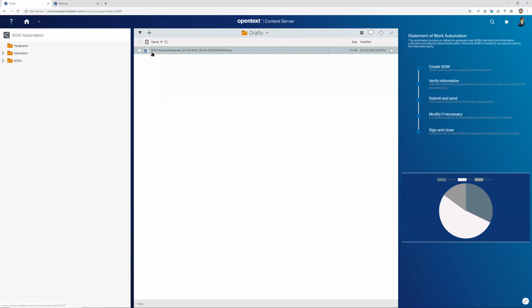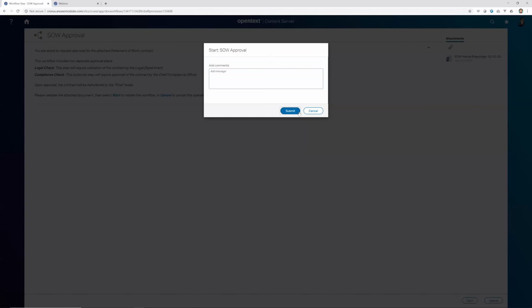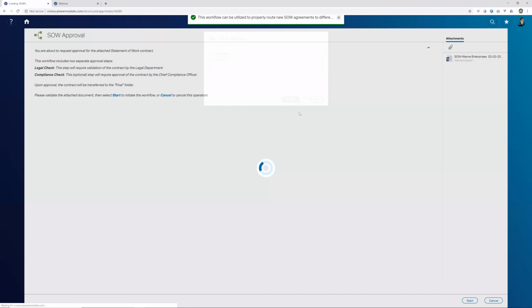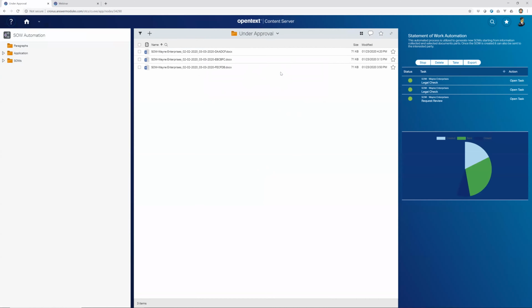So in this case, a new document has been created in the draft folder, and the document has been renamed according to the selected customer, the start and ending date for the engagement, and the unique identifier automatically generated. From here, I can just start an approval workflow for this document. And this approval workflow is backed by content script. What content script does, basically, is first of all move the document under approval so that the approval